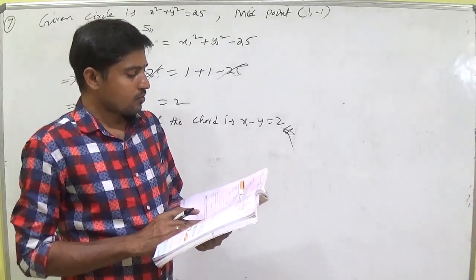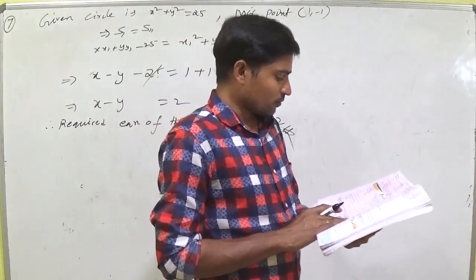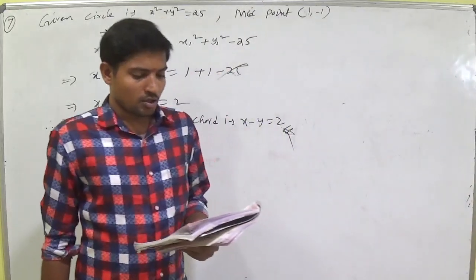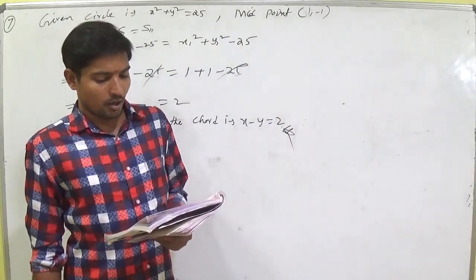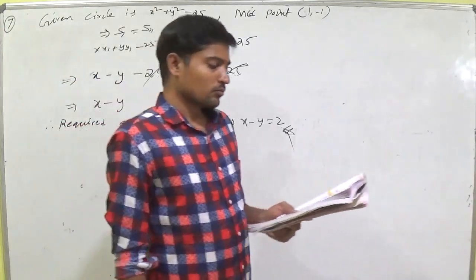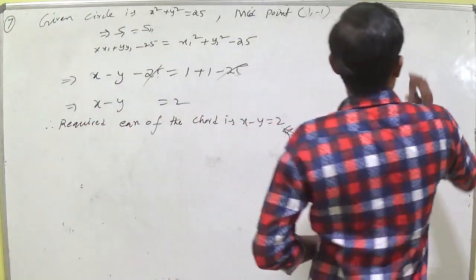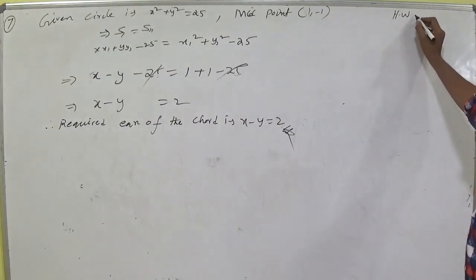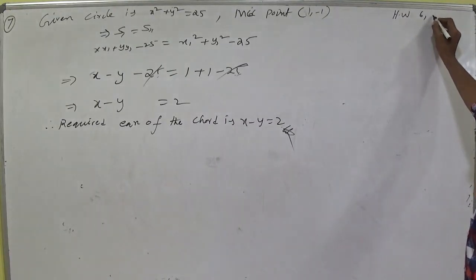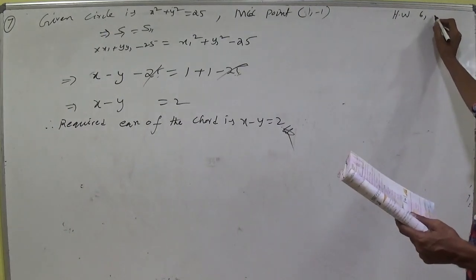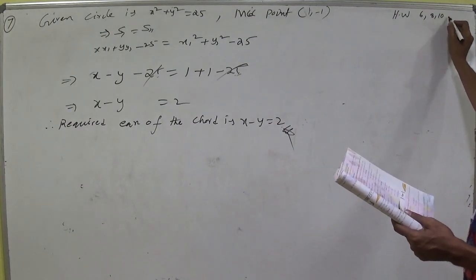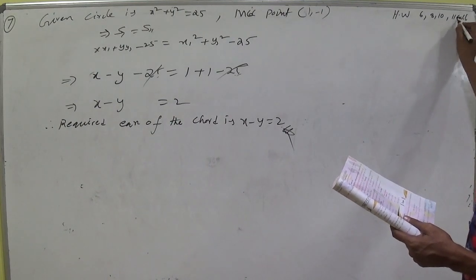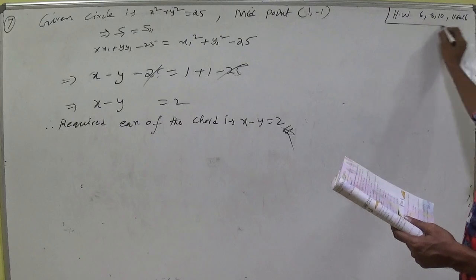So the 11th one is full homework. Now, next one. The 9th one will be explained, and the remaining up to 11 are homework. So I am writing here the homework problems: the 6th one, 8th one, 10th one and 11 full. These are homework problems.